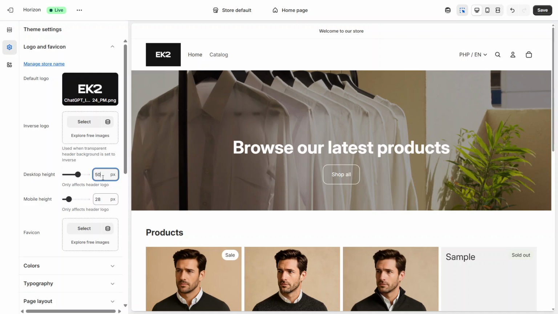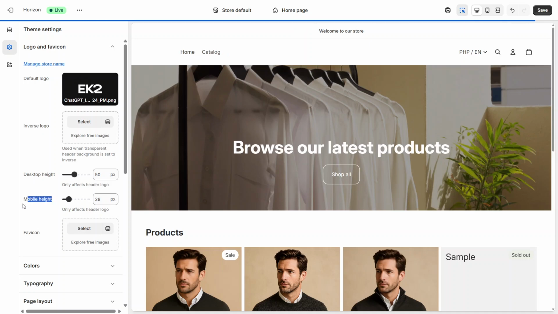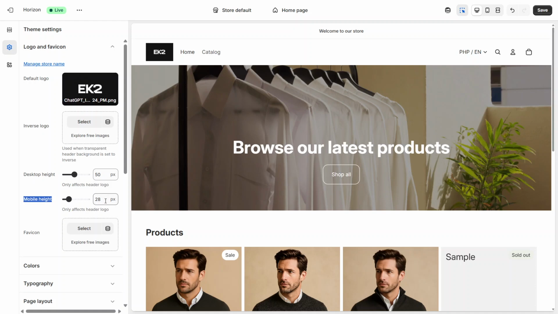branding guidelines. Below or near that, you'll find a similar option for mobile height. This works the same way. Use the slider or the text box to set a size that looks good on phones and smaller devices. It's important to adjust both desktop and mobile heights so your logo doesn't look too tiny on desktop or too